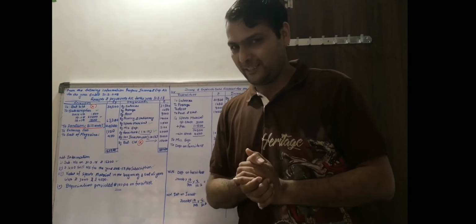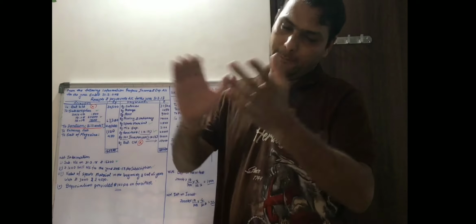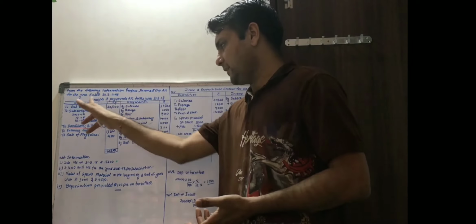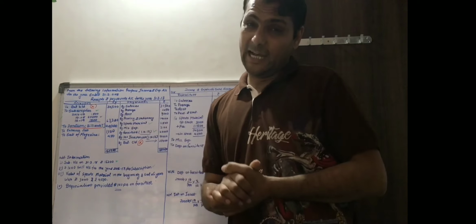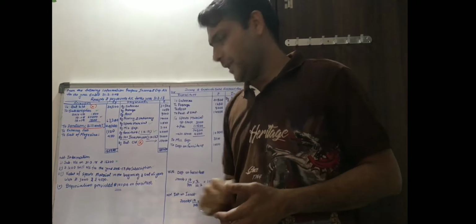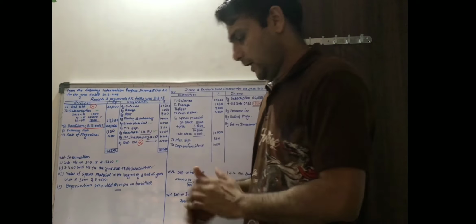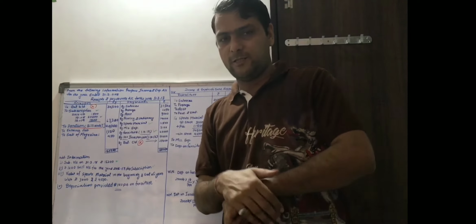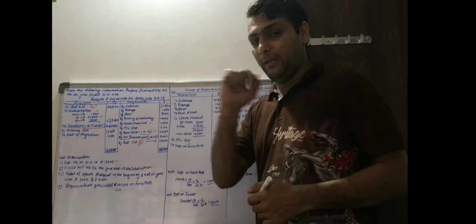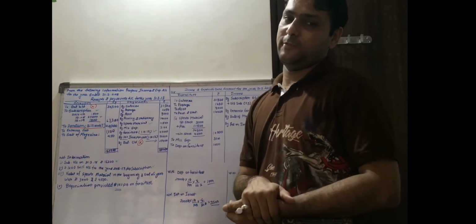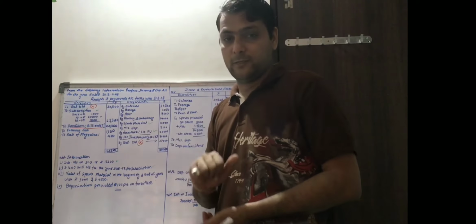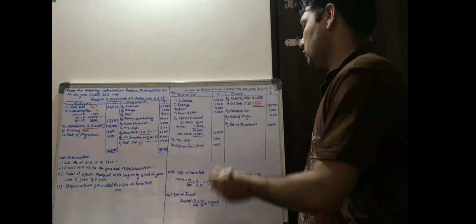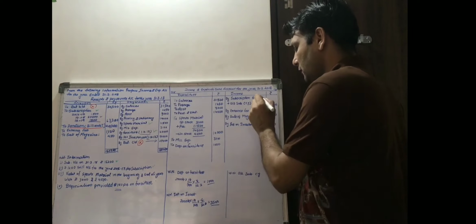Okay, so let's start with how to prepare the income and expenditure account from the receipt and payment account. Start with the first. See that there are two red cross marks. These both are cash balances. You know that the cash balance is an asset. This is recorded in the opening balance sheet and this in the closing balance sheet. After that, one by one, the subscription, that is revenue income. But remember, there are three subscriptions: last year, current year and next year. If I record the current year, what is the current year subscription? 60,000. So this is the 60,000 for the current year subscription.